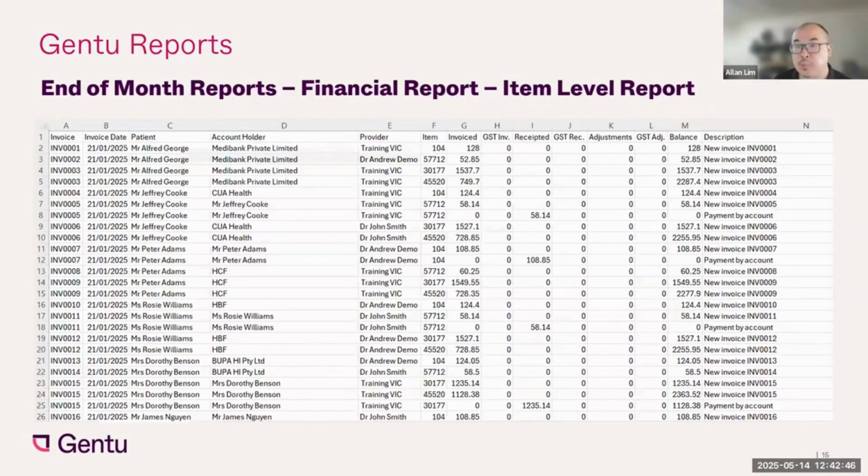Whereas the item level report will show a breakdown of item numbers invoiced per patient and the corresponding payments on a subsequent line. The financial report is more detailed. That includes invoiced, GST amounts, payments, refunds, item fee adjustments, and any voided items. Your bookkeeper or accountant can then utilize these spreadsheets